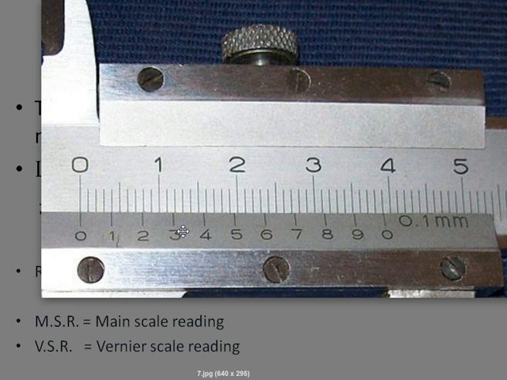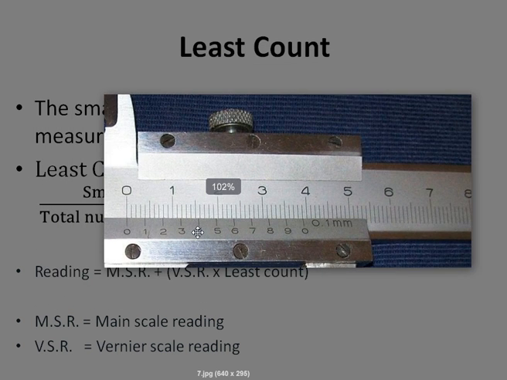If you look at the third division, it is again further behind. If you look at the fourth, this goes on increasing, and the last division on Vernier scale is exactly 1 mm behind the 40 mm line. So that means this one division is divided into 10 parts, and that value is subtracted from each division on Vernier scale. So this is the basic of the Vernier principle.